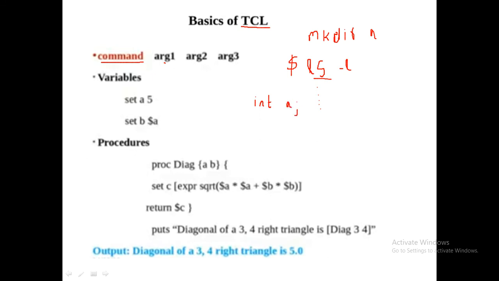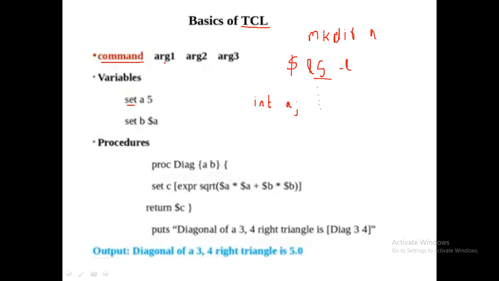This is the syntax to define a variable in C or C++. Now here in TCL, one of the very beautiful commands is called set. Set is a command. Command set, then space, then set space a space 5.